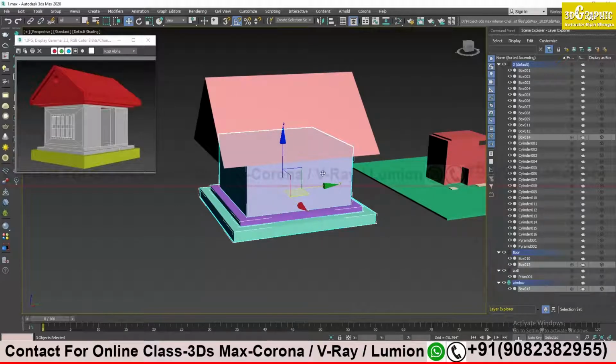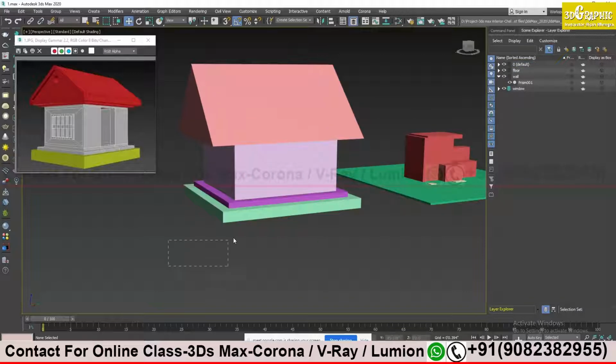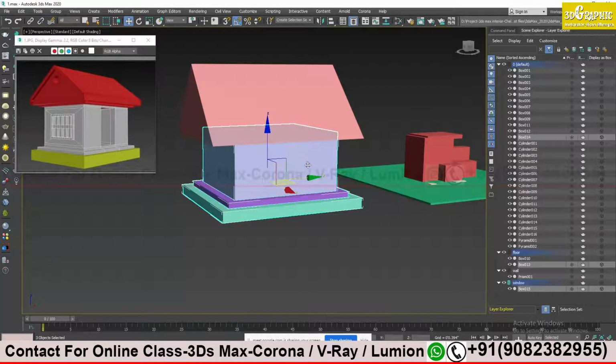If you want to move objects to a different layer, just click and drag to select all those objects, and then highlight the layer where you want to save them.